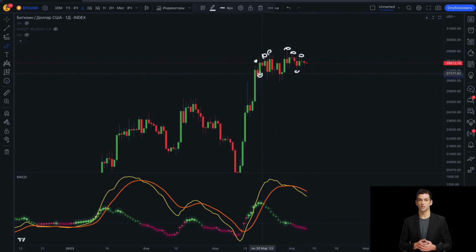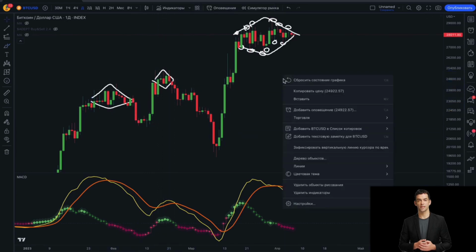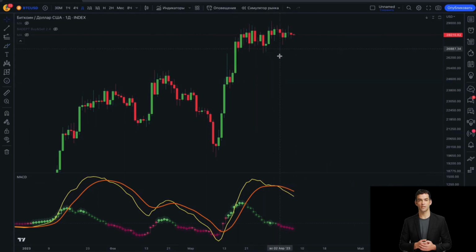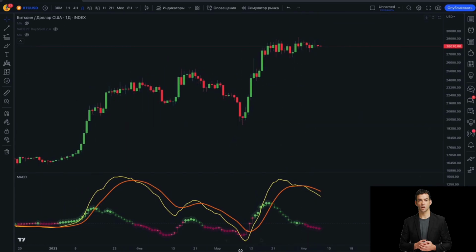Yes, volatility was slightly increasing, and then it started to decrease again, and it created a pattern called a diamond, which you all know, which I showed you before when it was formed. Here was the diamond formation, and then the price went down. I showed you the same diamond right here, especially if you switch to a smaller time frame. Now we have a similar situation. If you look at the indicator, at the formation of this diamond we had the moving averages crossing, and after this crossing our MACD moved down, and consequently the price went down as well.